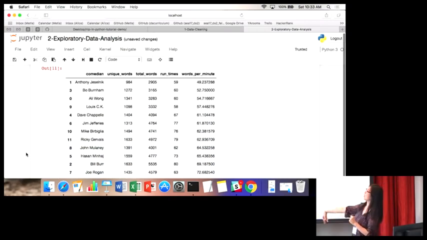So this table I created has every single comedian, the number of unique words they've used, the total words they use throughout their routine, how long that routine was, and so I could calculate this words per minute. The two columns that I care about are the number of unique words that they use, and also the number of words per minute that they say. So now that I have this table, what's the way I can visually,